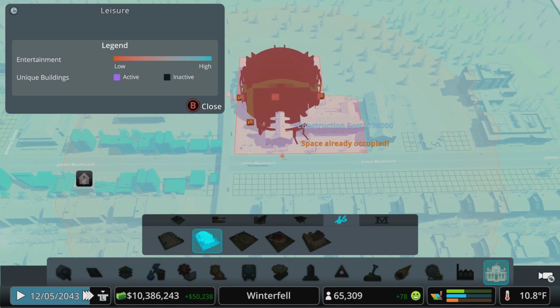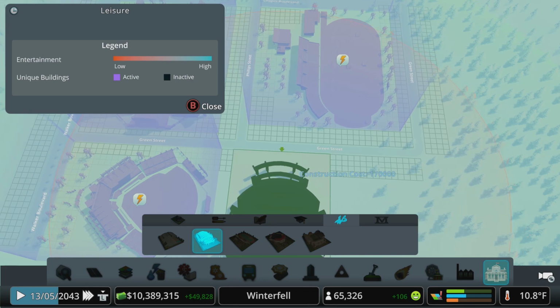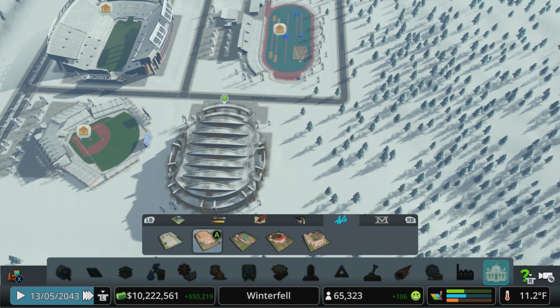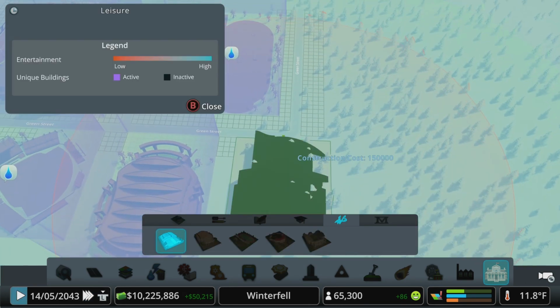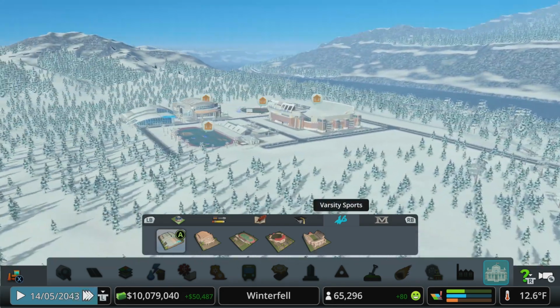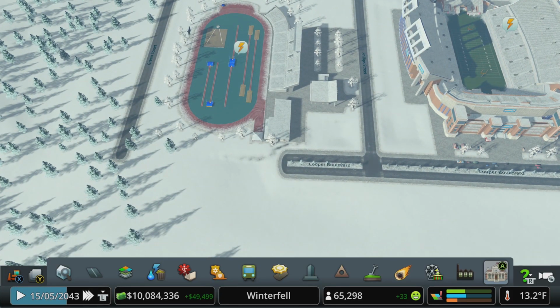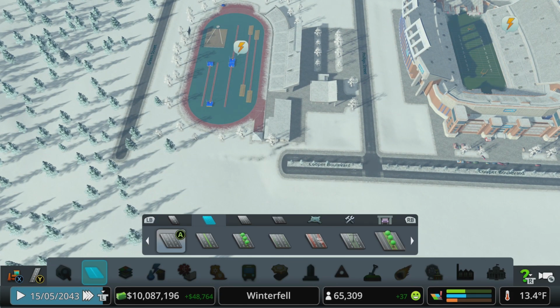Can we get that in over here, just to switch things up a little bit? So we'll throw the basketball arena right there, and the aquatic center here on the end. So there's our little sports complex. This one's not the best designed, I will admit, but